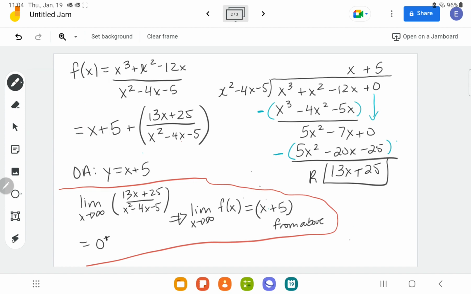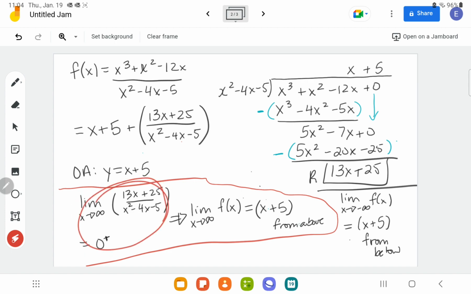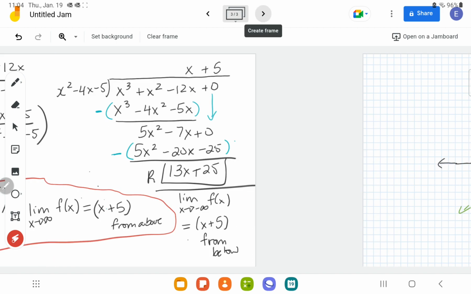Likewise, we can sub in, so the limit as x approaches negative infinity of f at x is going to be equal to x plus 5 also, but this one's going to be from below. You don't actually have to show the step, but if we had subbed in a very large negative number in here, it's also going to be a teeny tiny answer close to 0, but it will be a very small negative. So it will be subtracted a little bit below